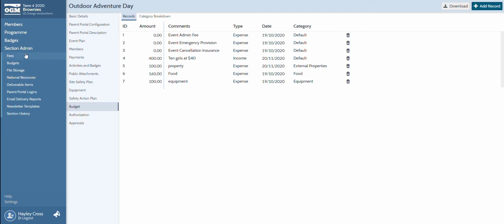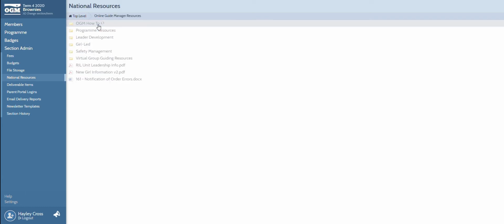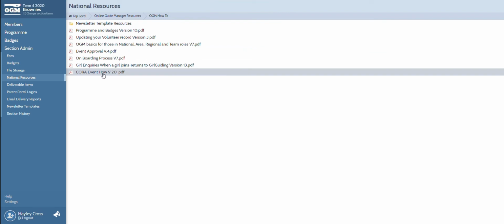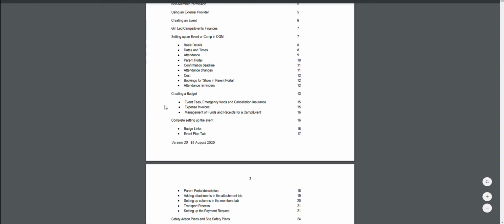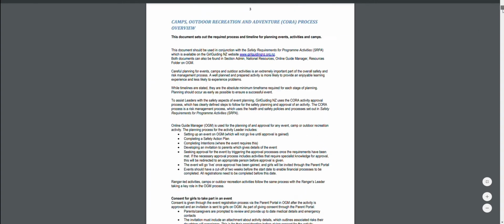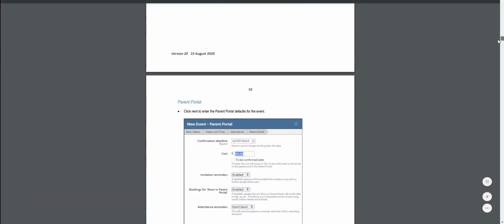Alright, so we go into section admin, national resources, online guide manager resources, and OGM how to. And you can see the core event how to version 20 document is on here. Alright, let's scroll through. I'm pretty sure it's page 15. Let's have a quick look.